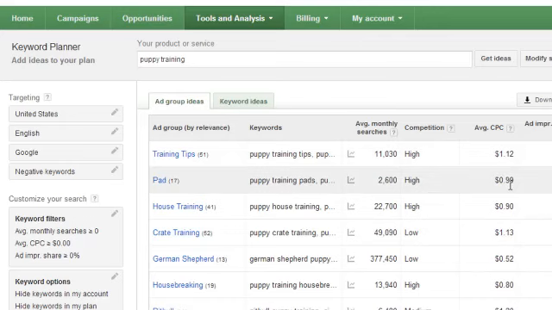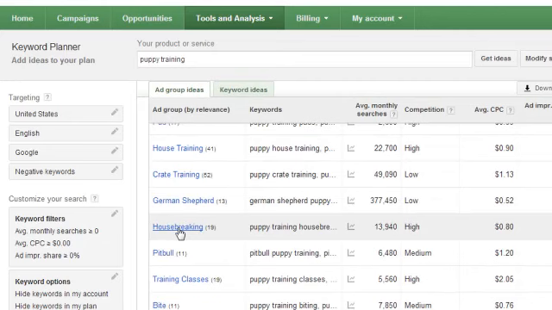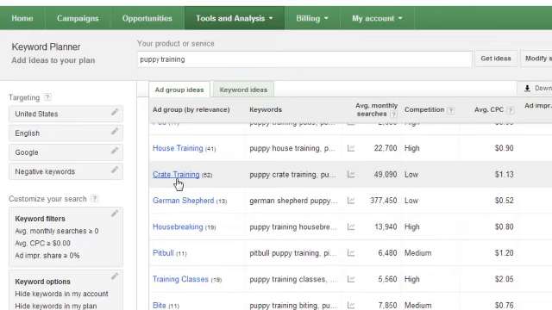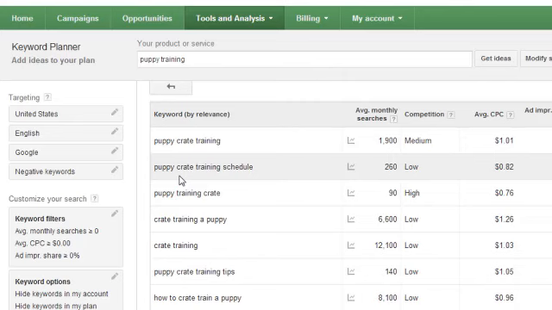So, for example, if we dig a little deeper and let's say we'll click on, let's see, crate training. Crate training is actually low, which is good. It's a low competition, but we know crate training is quite popular among people trying to get the puppy to not pee in the house. So we're going to click on this here, and by clicking the ad group, you will